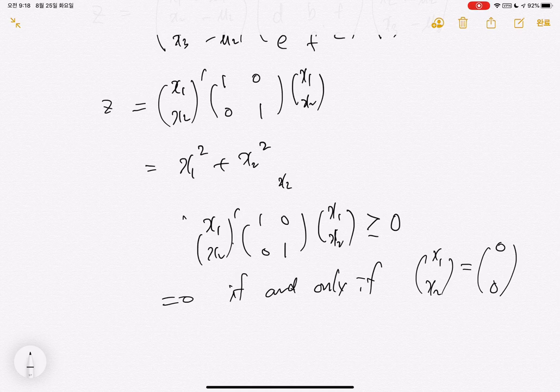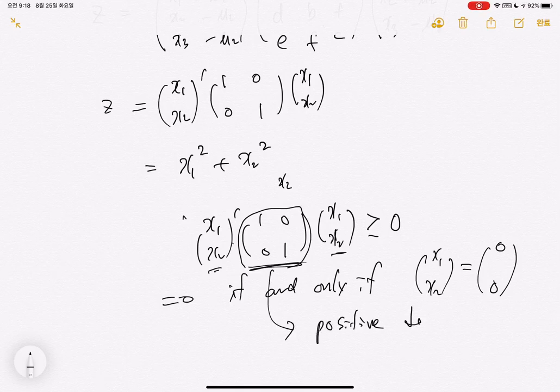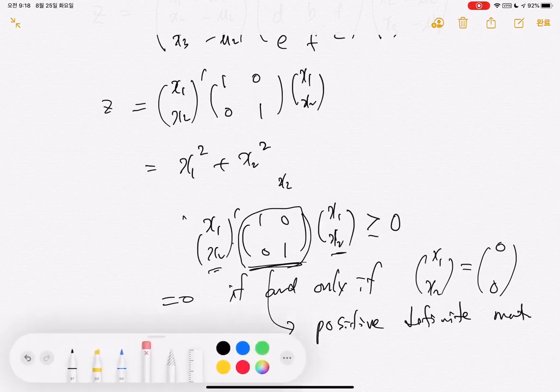If the quadratic form of a matrix satisfies this property, that the value is always greater than or equal to 0 and is 0 only if the vector is the origin, then this matrix is called a positive definite matrix. Positive definite matrix. There are other positive definite matrices. For example,